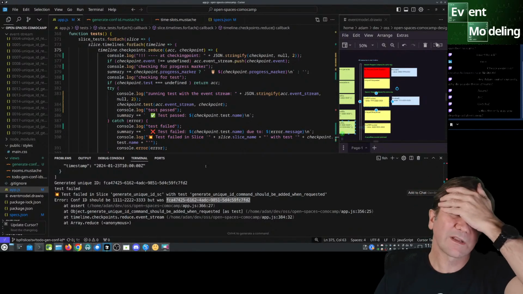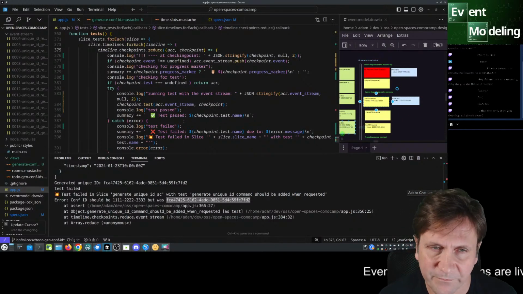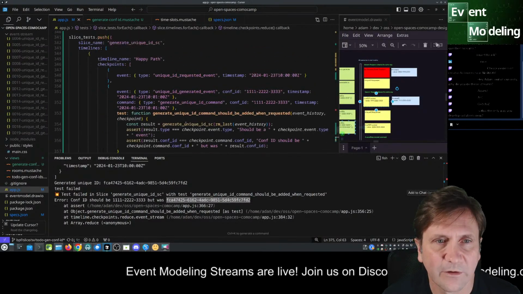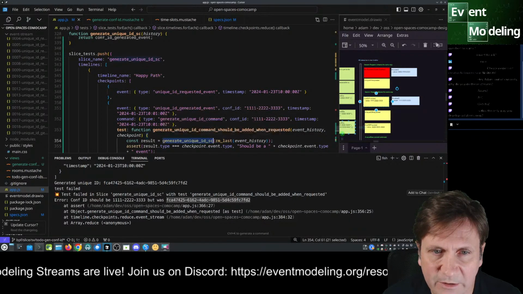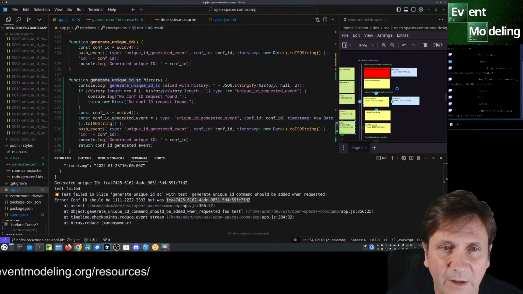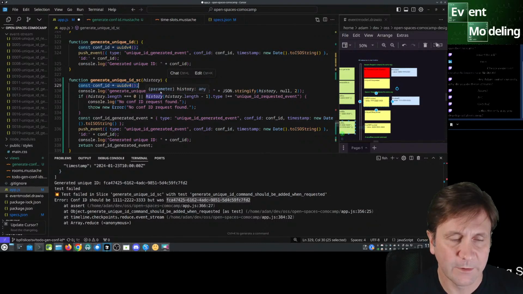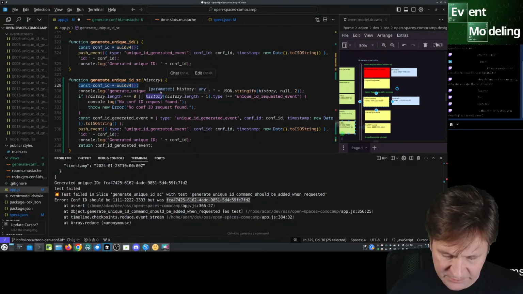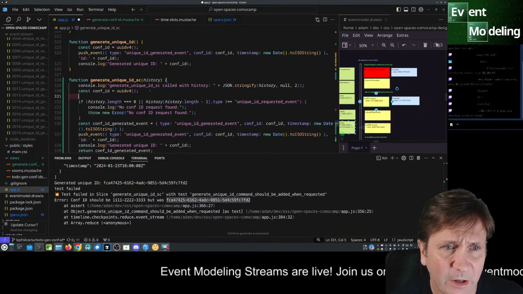Okay, so this is an excellent illustration. We don't actually want to call the thing generating the ID. We got a proper error here. This thing here, generate unique ID, is not the one we're supposed to be calling. Here it's supposed to be calling